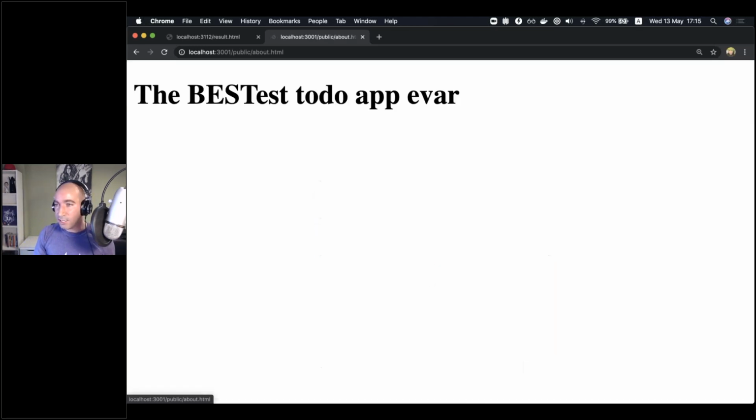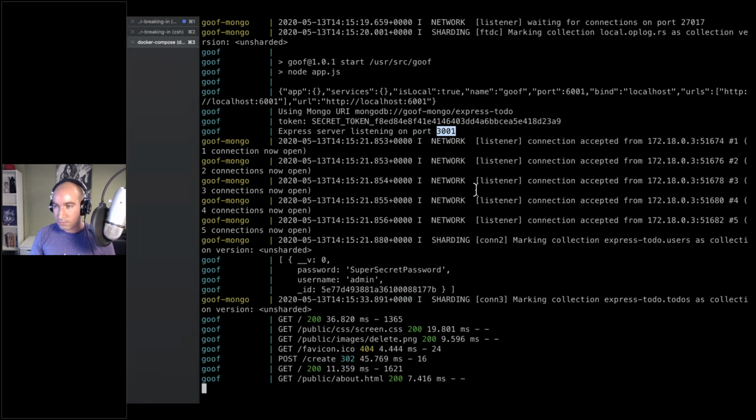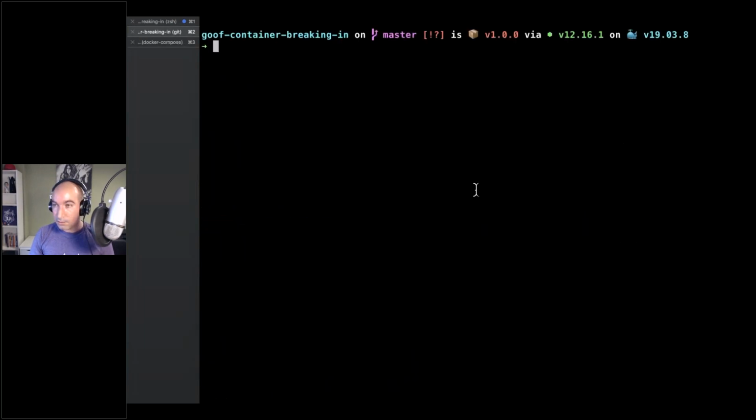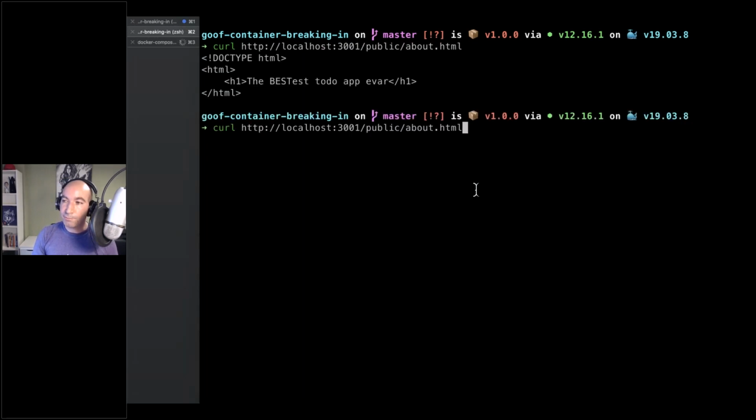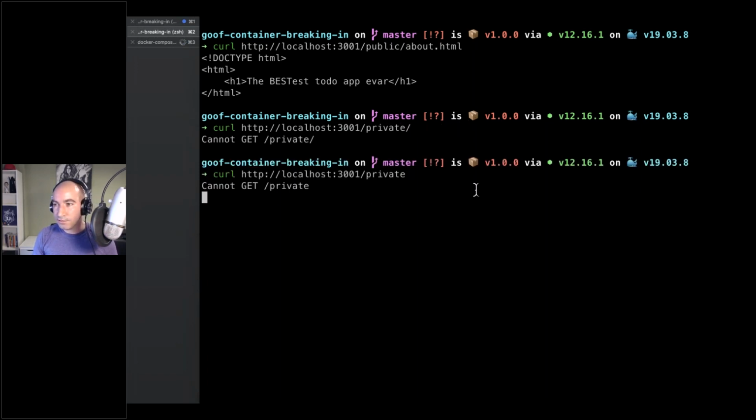And so what it has is an about page, which is interesting, of what happens here, right? This is the about page and it has some vulnerabilities in it, but what kind of vulnerabilities does it have inside? So maybe one thing that can give us a hint is it has this /public URL. So maybe I can go ahead and access the public URL and maybe I can find some other things there. Let's try that. I'm getting the same thing, but maybe is there a private? I don't know. Let's see what's going on. There isn't,